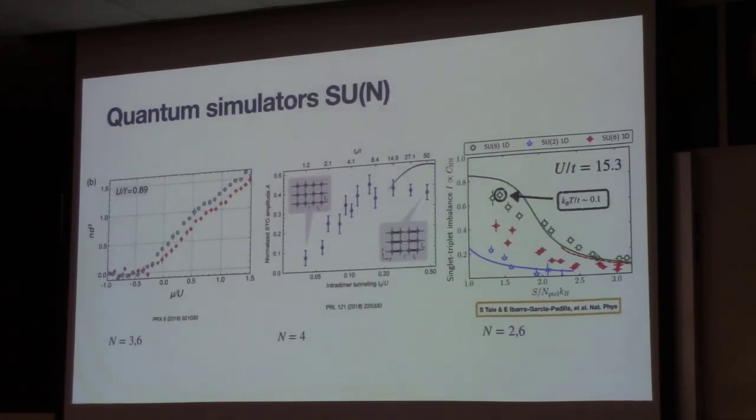And what is really nice is that in recent years, starting in 2016, experiments have started to load these atoms of ytterbium into lattices and start exploring the SU(N) Fermi-Hubbard model. For example, here there are plots of the density as a function of chemical potential, and nearest neighbor correlation functions in strongly dimerized lattices. And more recently, and this is part of my work, how these correlations depend on the value of N and the dimensionality, and in particular getting the coldest Fermi gas in an optical lattice.